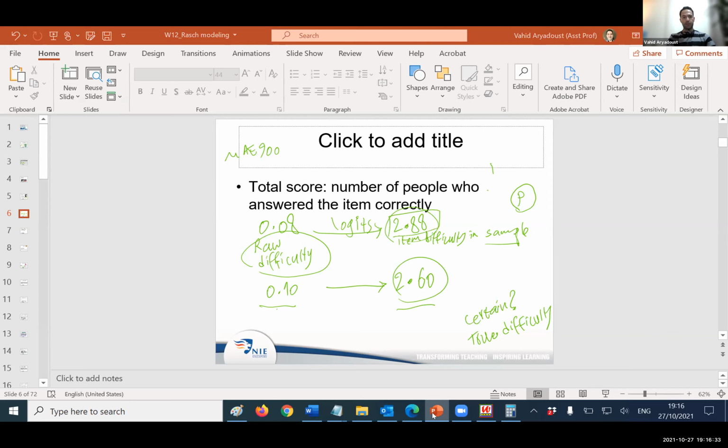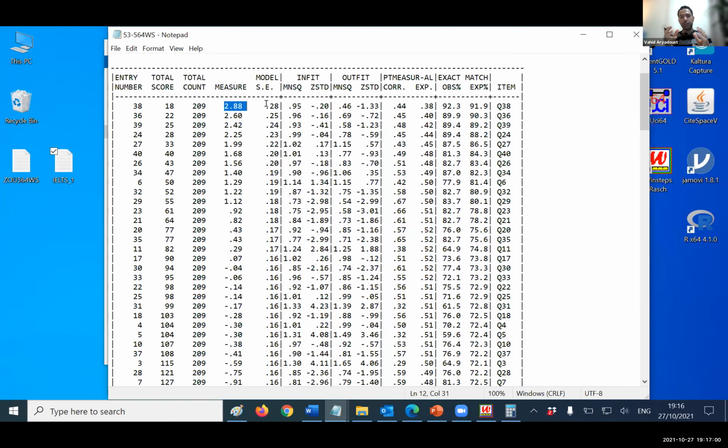And you say, okay, I have an answer for that. I can give you a range. I can't exactly give you the difficulty in the population, but I can give you a range of difficulties within which the difficulty of the item falls in a population. I know the difficulty in my class is 2.88, but I can't give you exactly the population because I don't have access to it. But I give you a range,